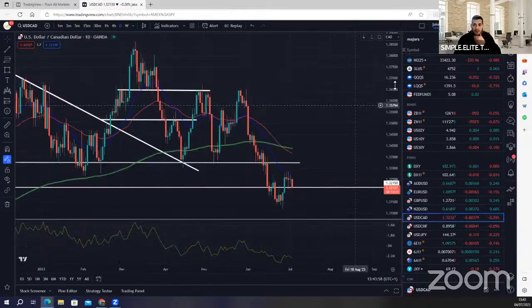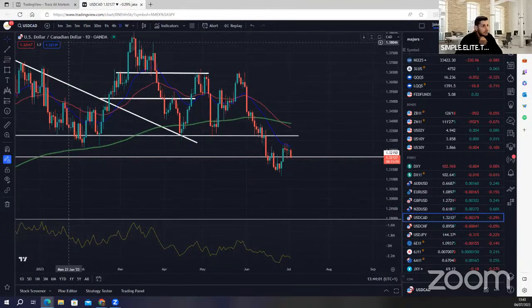Dollar CAD as well. After this downside, we have had a little bit of pullback. I wanted to see last week if it was coming to 133, but it didn't. So now I'm watching if price is coming below this area here, 132, to set up myself to be on the short side again. Let's see if there is room